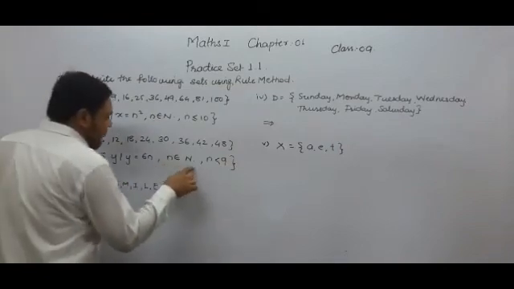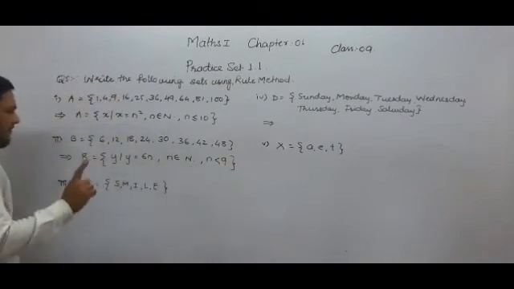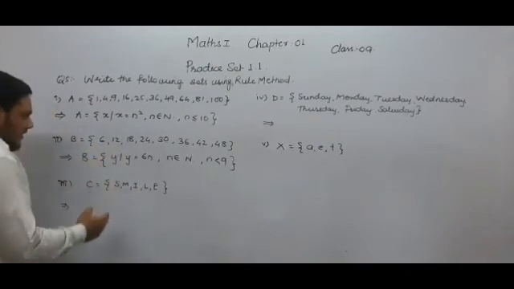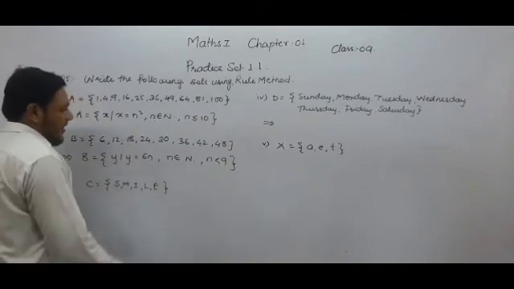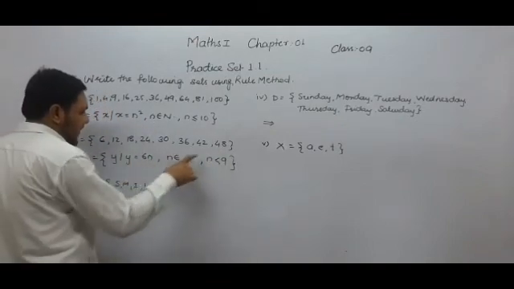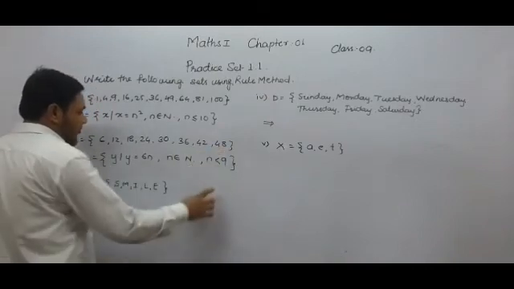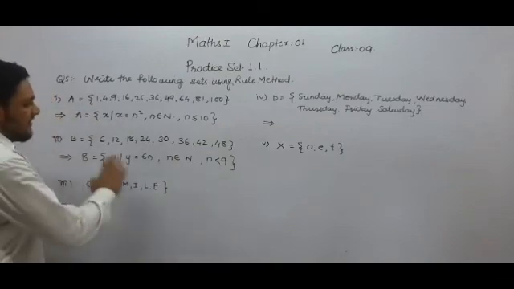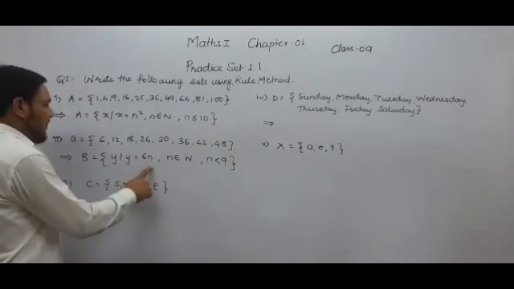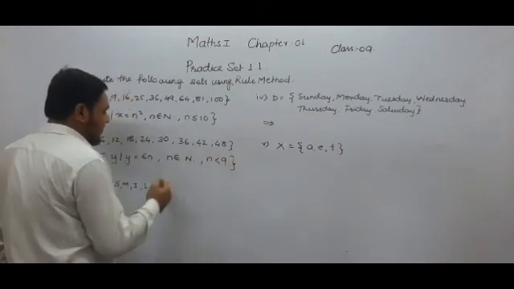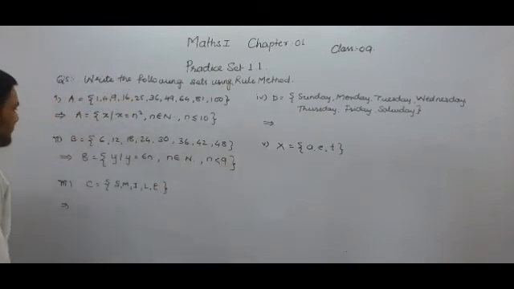So it will take n from the set of natural numbers. First it will take 1, 6 1s are 6, then it will take 2, 6 2s are 12, then it will take 3. Like this it will take the numbers, and finally it will take 8. 6 multiplied by 8 is equal to 48. Then it will try to take 9, 6 9s are 54, but the numbers must be less than 9, so it will skip the 9. So 6 multiplied by 9 is equal to 54 will not come in this set because the condition is that the number should be less than 9. So these are the multiples of 6.